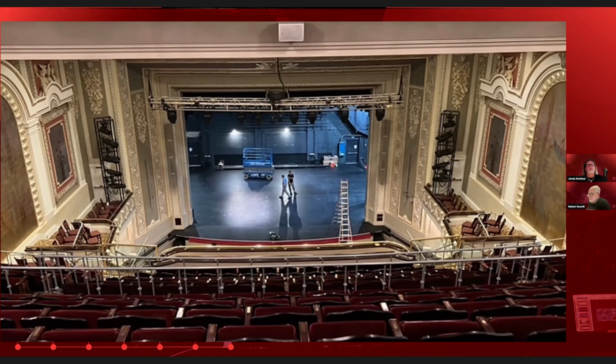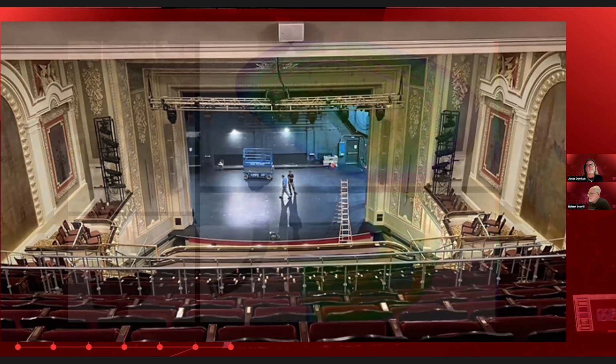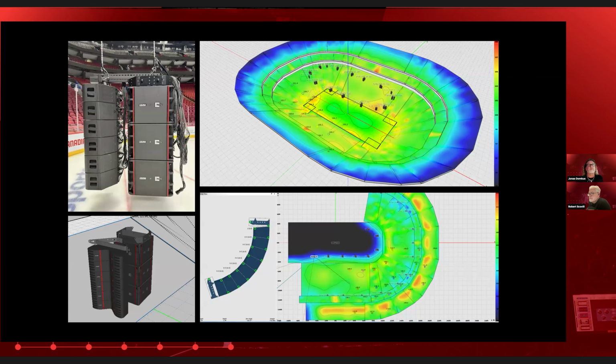So last one on cost. I like to show this one. This is a real life example. This is a sports arena. So in the sports arena, we have a distributed system because it's hockey. So they've got the hockey glass wall around the court. And so we need to cover straight down as well as all the way up into the